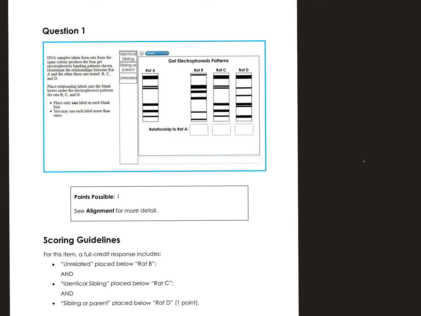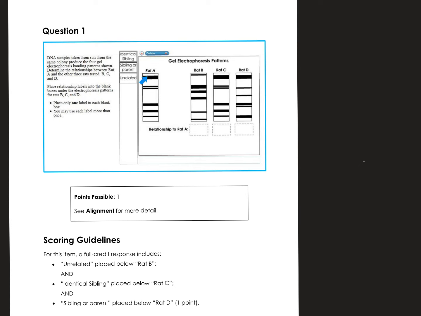So the closest relationship is going to have the most closely related pattern, and the one that's unrelated is going to have the furthest pattern away, and the one that's in the middle will be in the middle. So place the relationship in the labels of blank boxes under the electrophoresis patterns for rats B, C, and D. Place only one label in each blank box. You may use the label more than once. So where would you use,